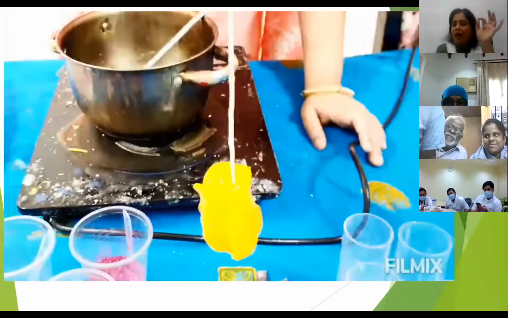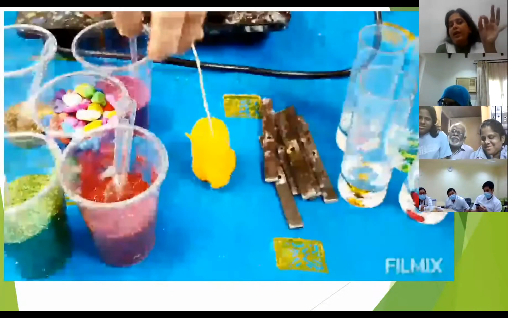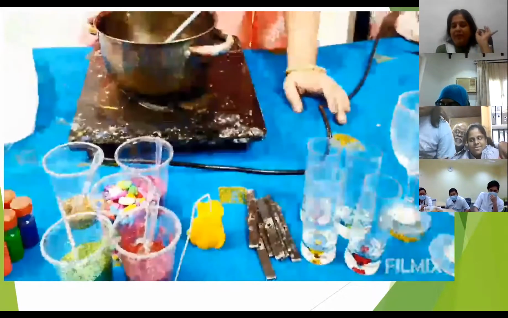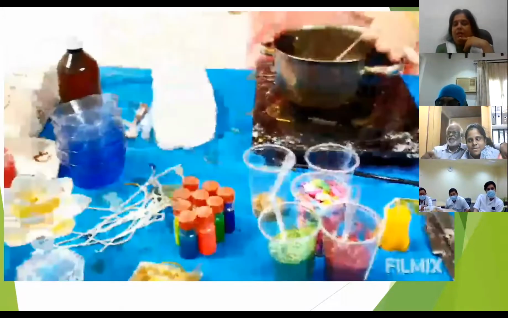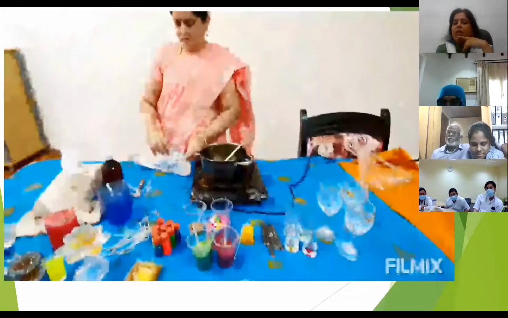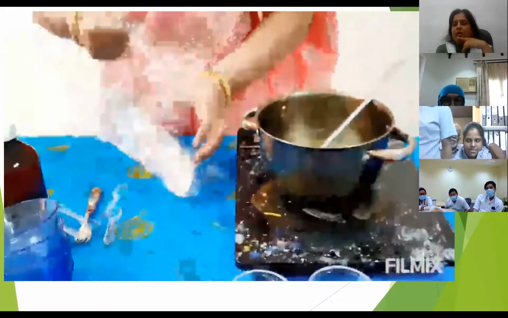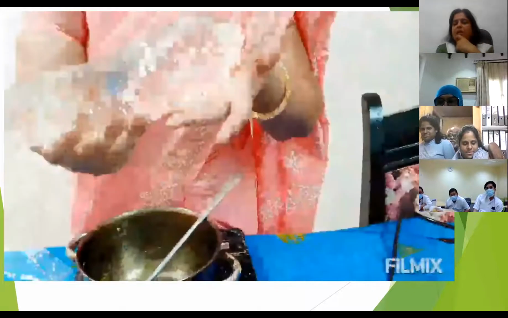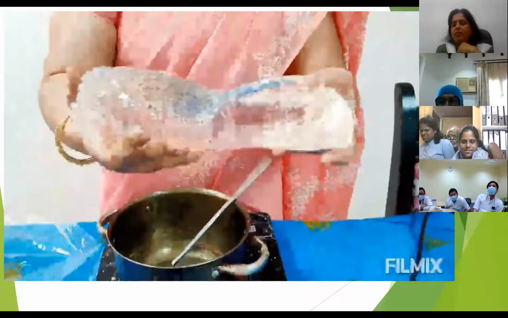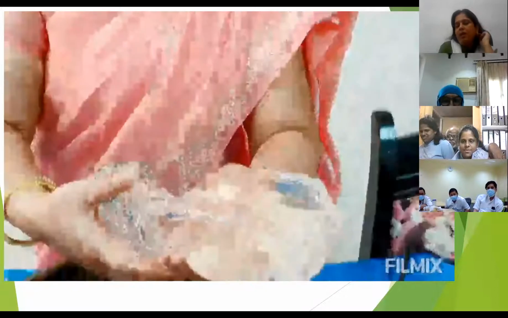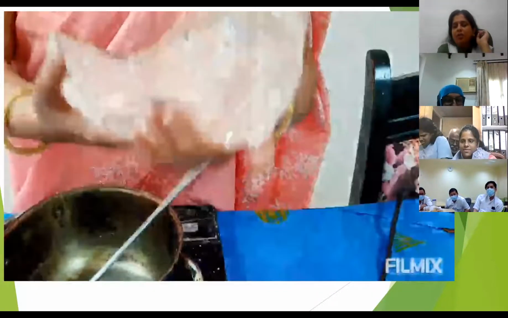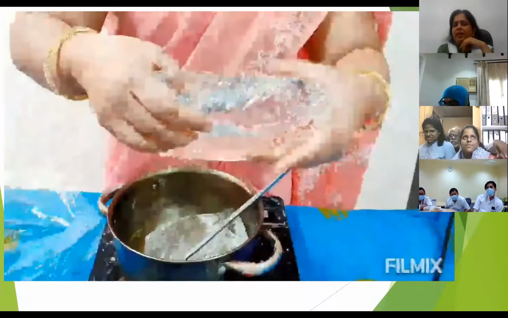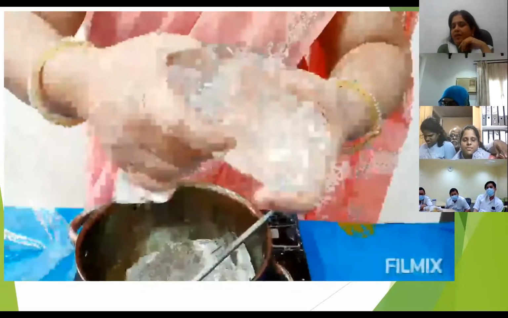And this is the hard wax which we made with a long wick. I didn't cut the wick. I'll tell you why. Now I'm going to open the gel wax. Try to use gloves when we give it to children because wax is a petrochemical substance. Better to use gloves. It breaks very easily. You can see it breaks very easily.